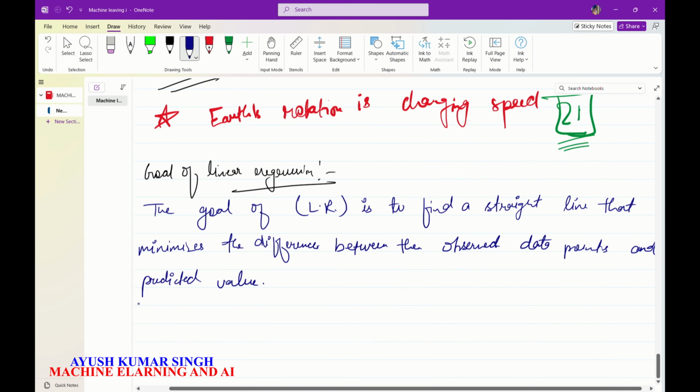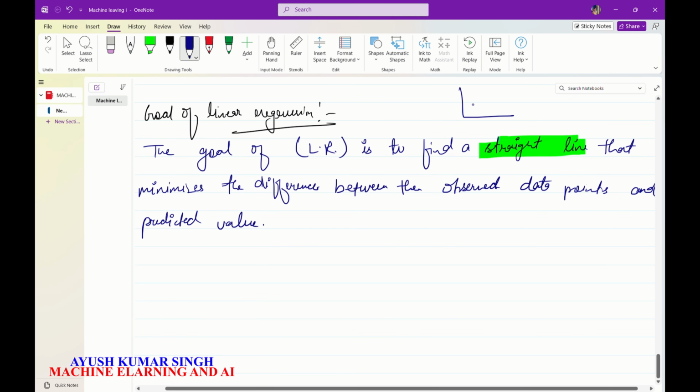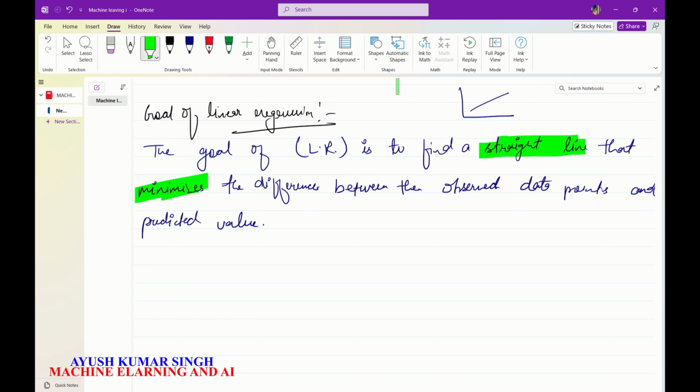Okay. So the main goal of linear regression is to find a straight line. That means it will be in the form of a graph. It may be a straight line that minimizes the difference between the observed data, that means the data we have, and the predicted points. So it's the prediction we are making. The straighter the line, the more accurate the regression model is. Now let's see